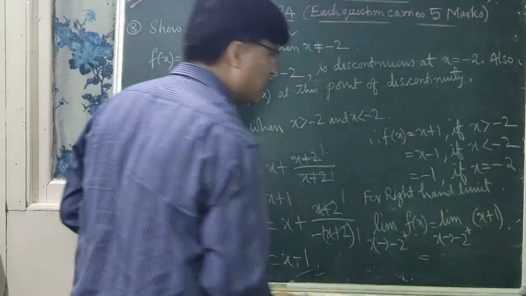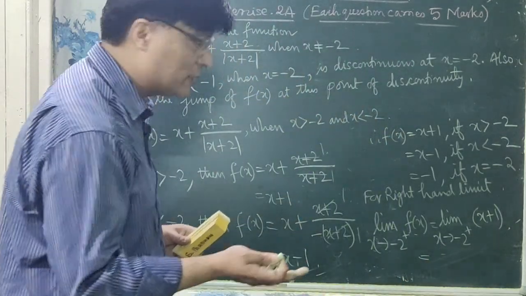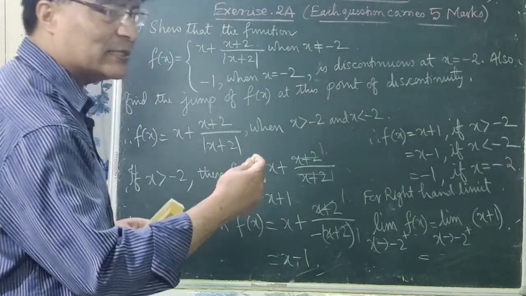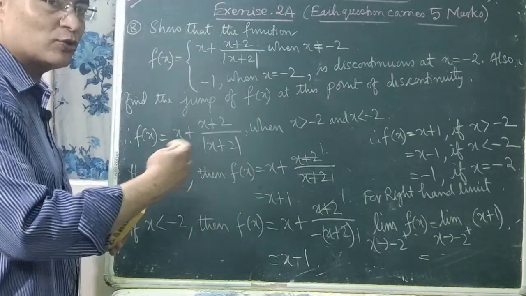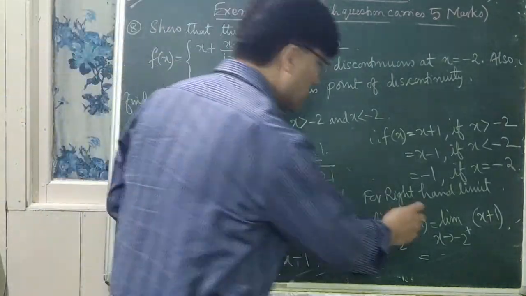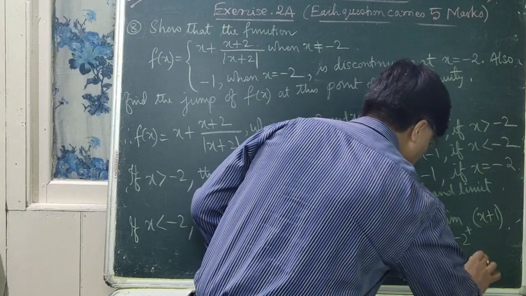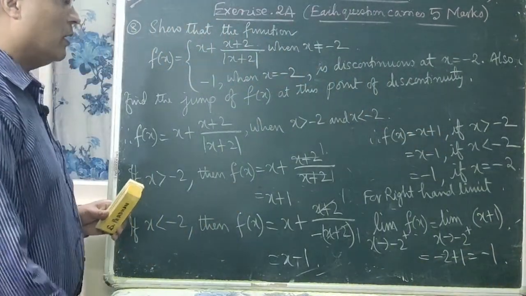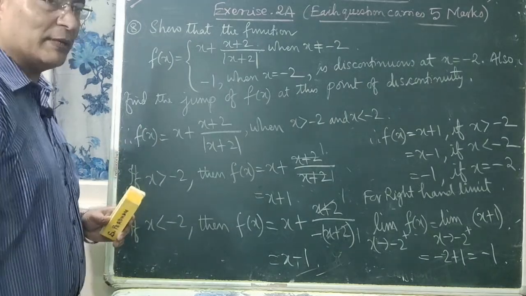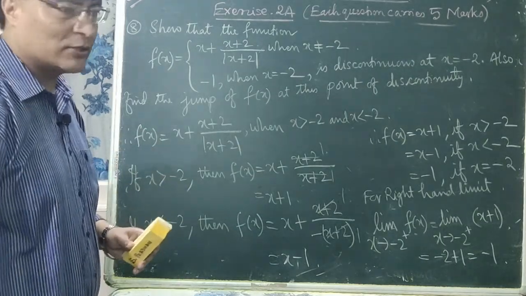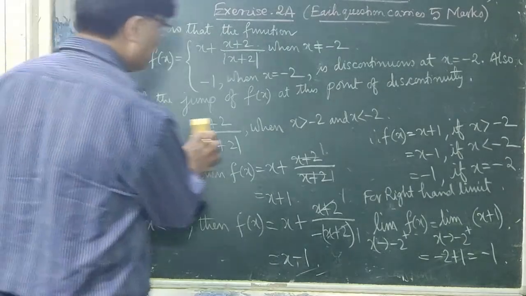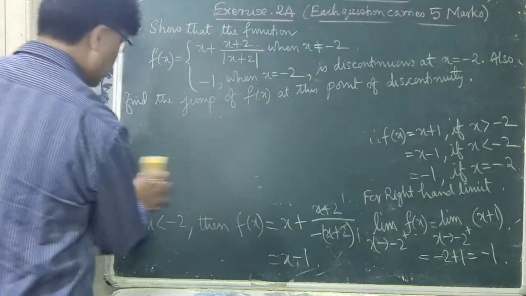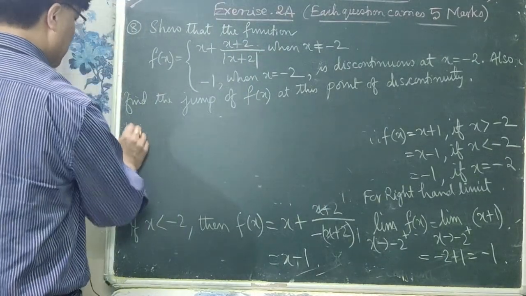So x tends to minus 2 plus means minus 2, isn't it? This only indicates that it is approaching towards minus 2 from the right hand side. Okay. So minus 2 plus 1 is equal to minus 1. That means we got the right hand limit as minus 1. Is that clear? So next, for left hand limit,